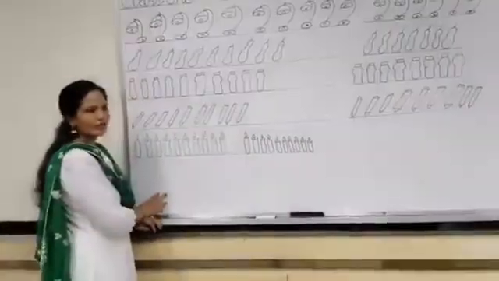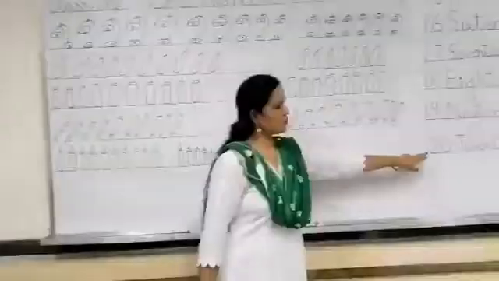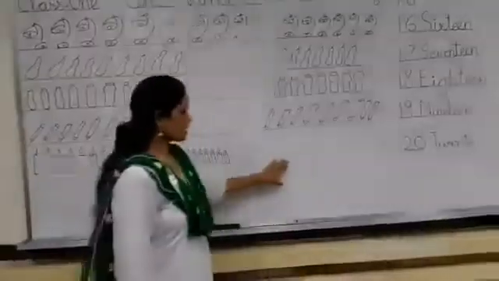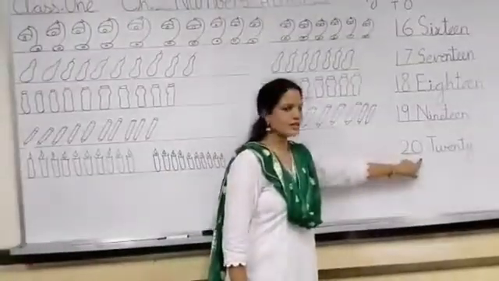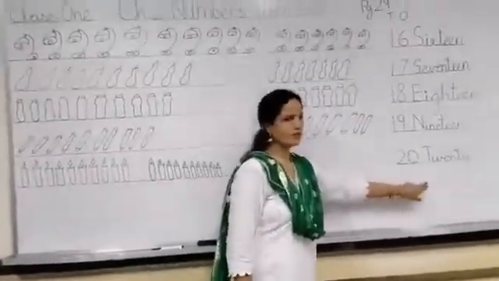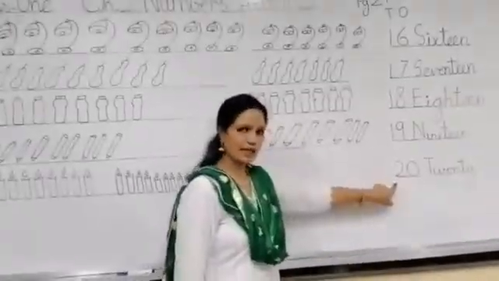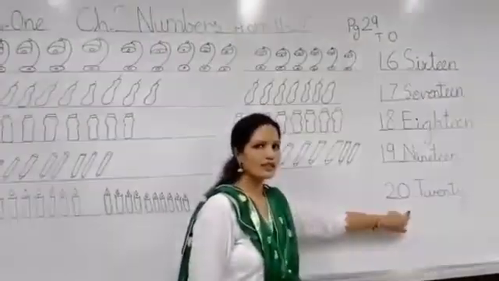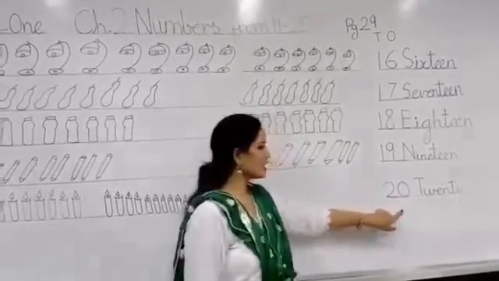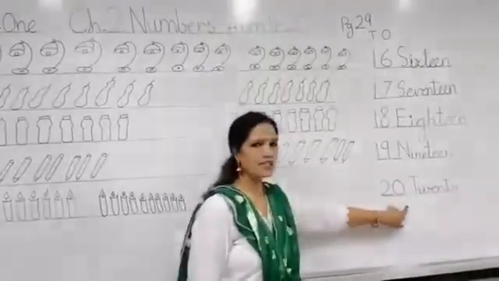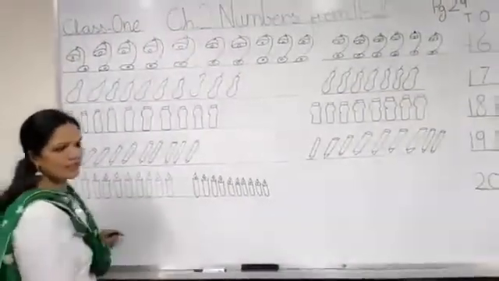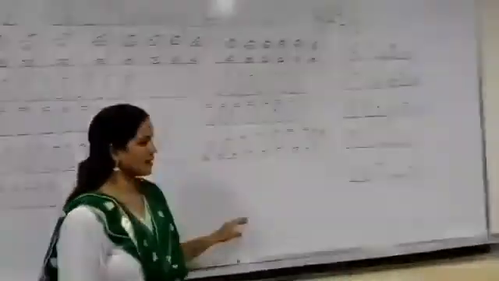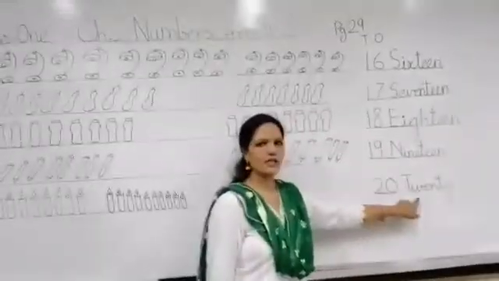Now there are 2 groups of 10 candles, 1 ten and 1 ten, that is 2 tens. So we can now write here 2 tens, but there are no ones, so you can write here 0 ones. So look at that number, 20. There are 2 tens and 0 ones. Can you repeat it after me? 2 tens and 0 ones, because there is no one but 2 groups of 10 candles. So it makes 20.